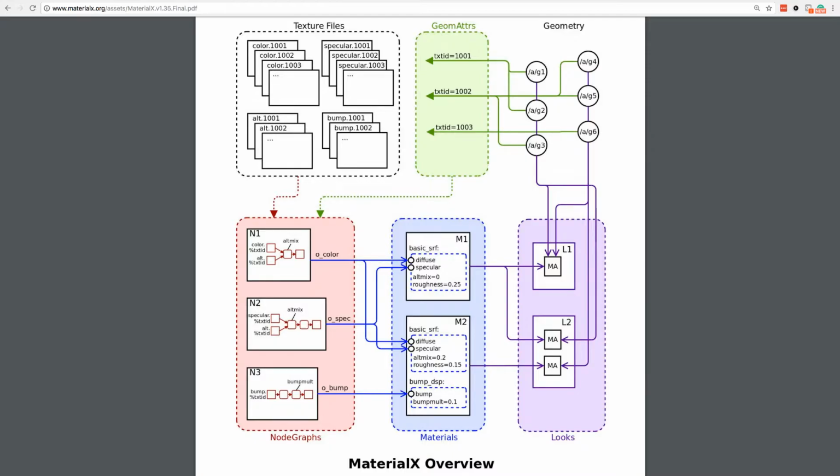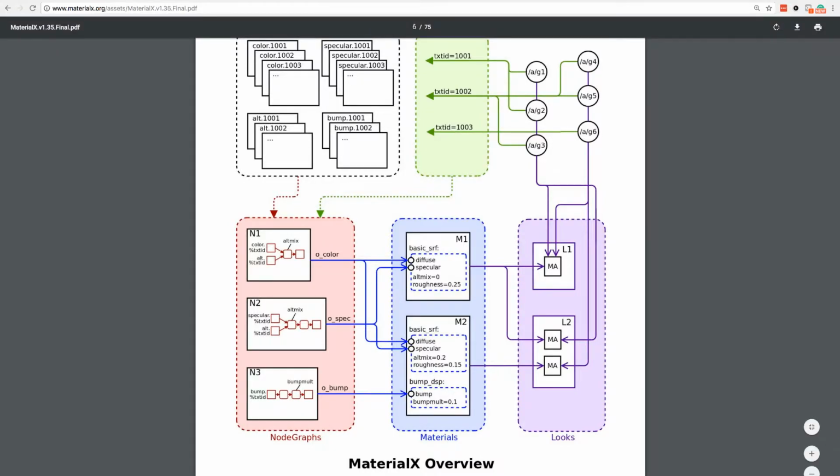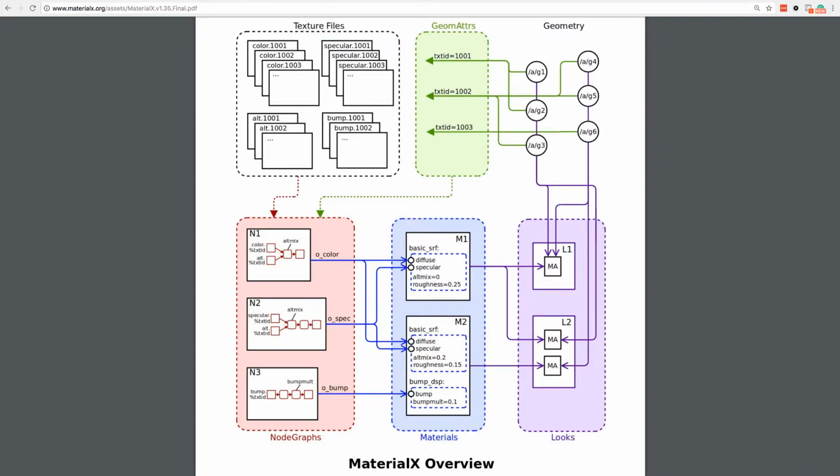The output of the node graphs is passed into what is known as a material. A material is a definition of an appearance, and it's usually going to have a shader with a whole bunch of different node graphs connected into it. Sometimes a node graph can be as simple as a texture, or it could be a more complex node graph, but they connect into these material nodes.